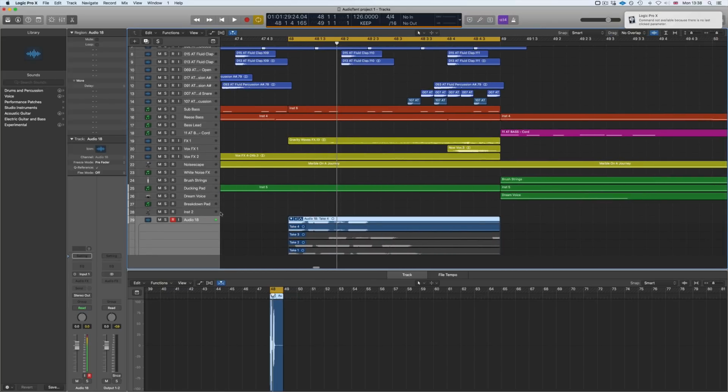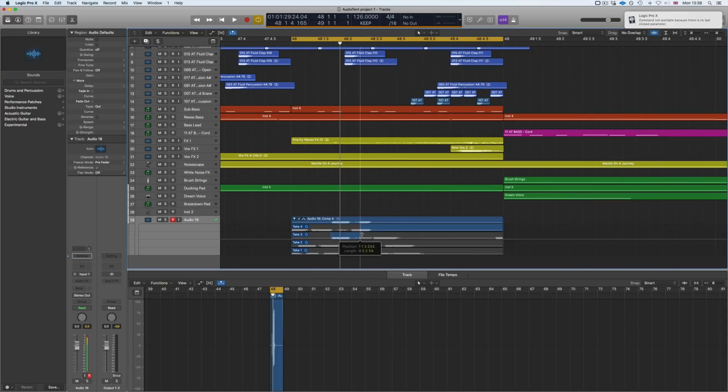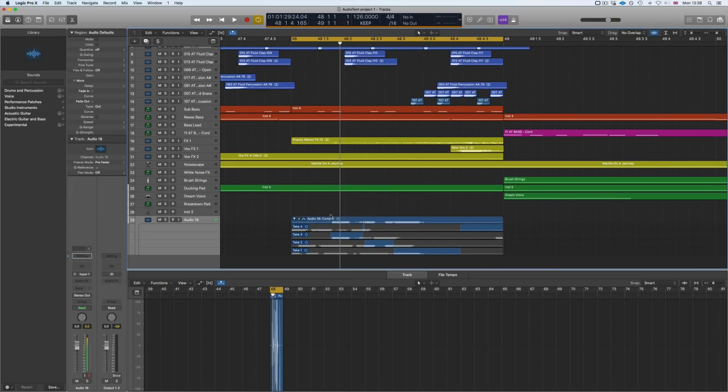So now what we have is we have the audio in its track, and each one of these allows us now to just drag along, and it's going to allow us to choose different parts from each take. So if you had a session singer or musician, you could just get them to keep recording until they get it right, keep recording those extra parts, and you can either split these onto their own tracks if you're doing different things such as different harmonies or different passages, or if you just want to do the same passage until you get it right, then you'd do it in this manner where you'd be like, I like the part from take 4, I like the middle part from take 3, and I like the final part from take 2. Then this is how you'd be able to do that.